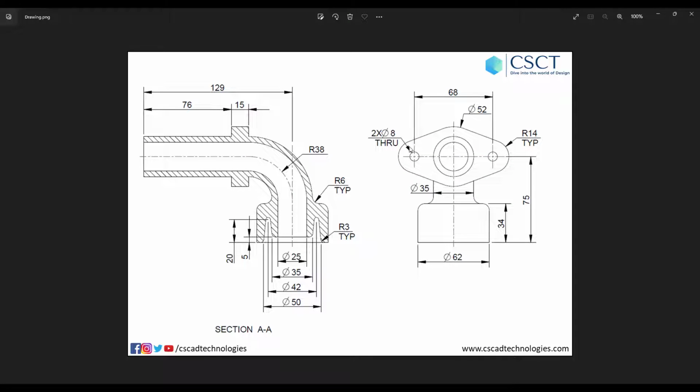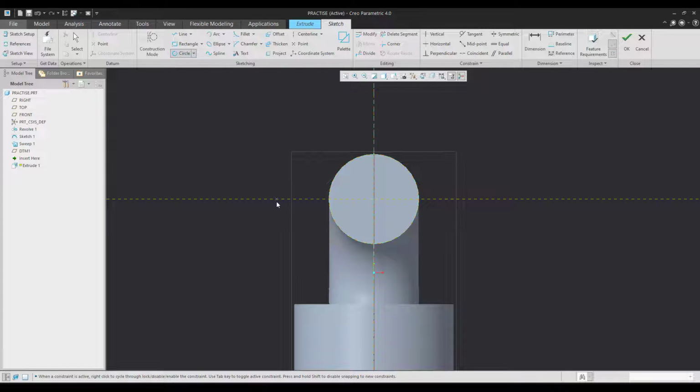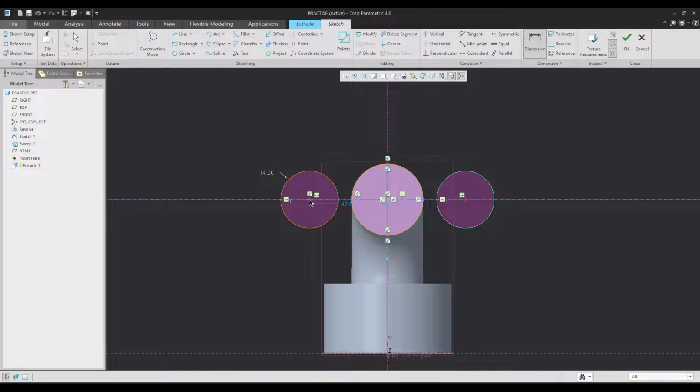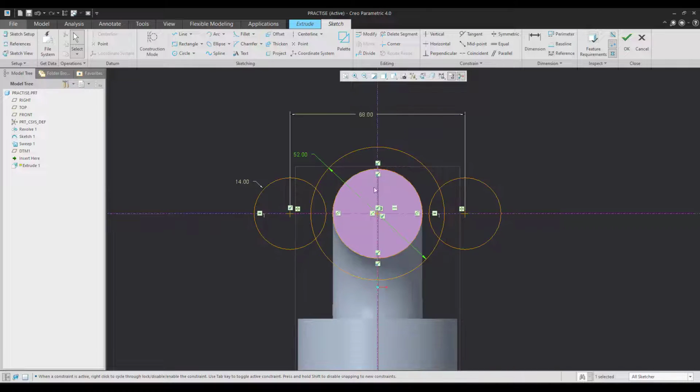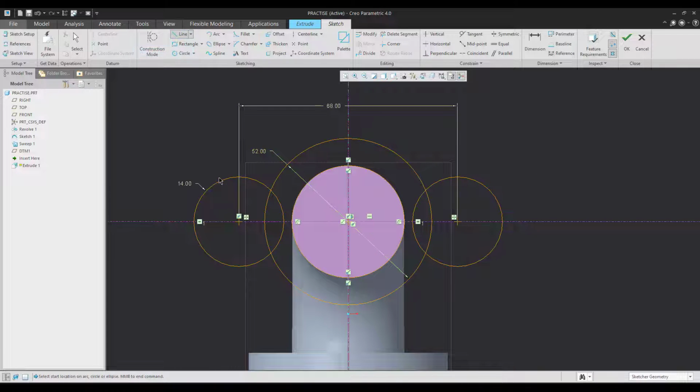I'll take two arcs first, create the main circle and then trim it off to get the shape. I know that the arcs are R14, so in this I'd like to change this to radii and give 14. Distance between both of them is 68. There is a center circle also, which is a 52 dia. To get the shape, you can use line tangent. Line tangent usually creates a line by maintaining tangency between two arcs, two circles, arc and a circle or circle and an arc. You can trim off whatever is not really necessary